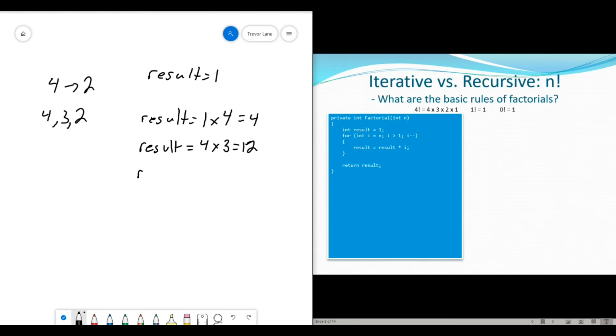We say, okay, well, now result is equal to the current value of result, which is 12, multiplied by our value of I, which is 2. Well, that gives us 24. So now we come back to the top of the loop, reduce I by 1. I is now equal to 1. 1 is not greater than 1. So we just return the value of result. So 24 gets returned. And that's accurate. 4 times 3 times 2 times 1 is